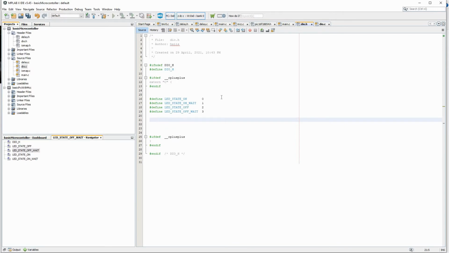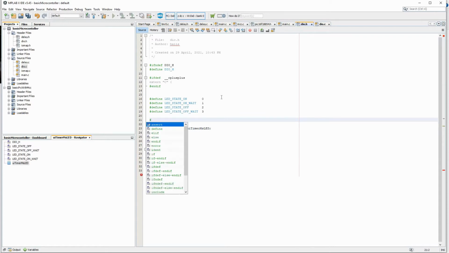For now I'll use 2 more variables. An unsigned integer, which I'll use as a timer. UI, that is unsigned integer, timer millisecond for red LED. Let me write it for red first, and here I will have to put extern because it is in another file. I will define the LED on time and off time here also.